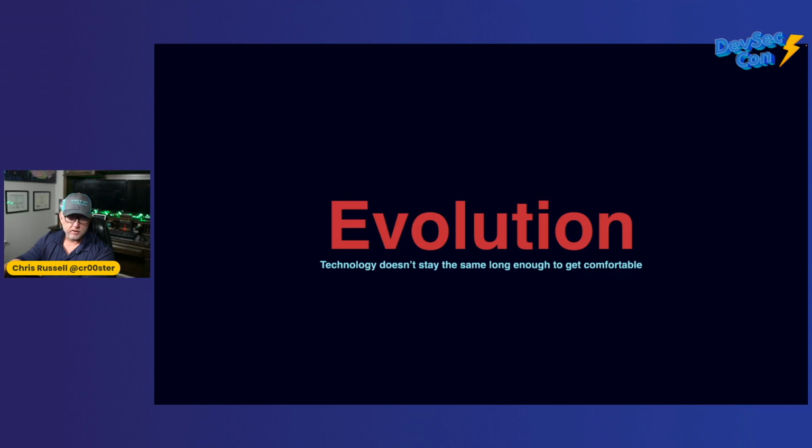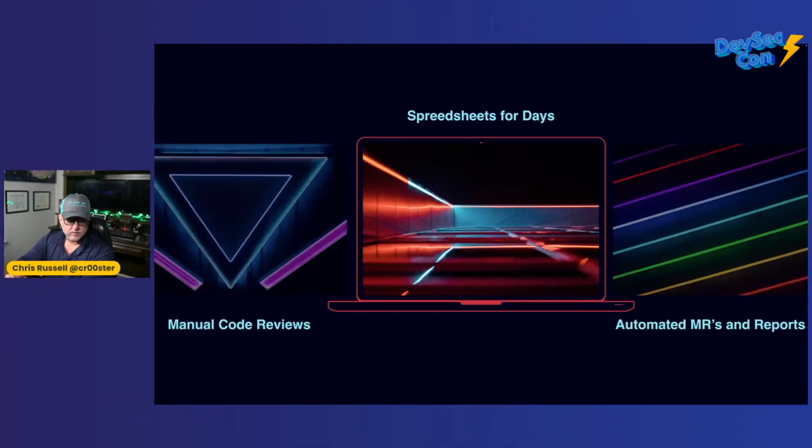Let's talk about the evolution of AppSec. Like I mentioned before, it was a lot harder before than it is now. So before, there was a lot of manual code review. It was very cumbersome, time consuming. It took not just developer time, but senior developer time to sit down and look at junior developers' work. It's a very costly and inefficient way of doing it.